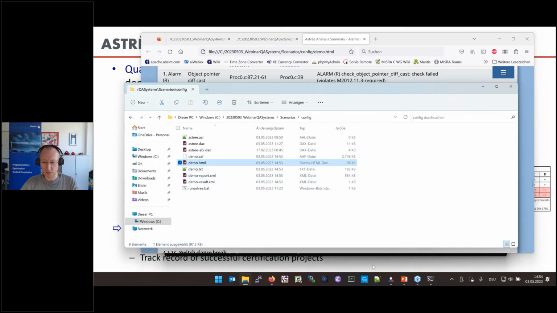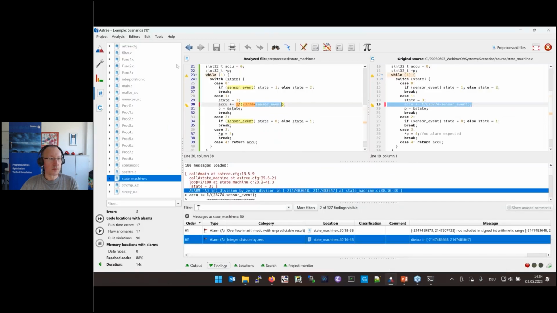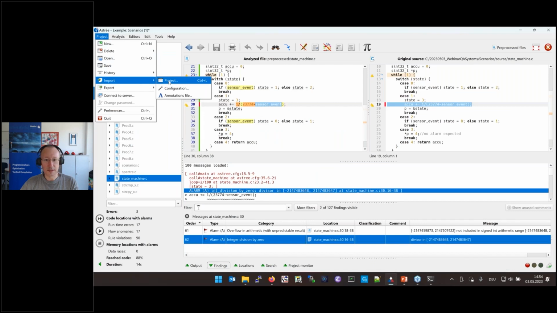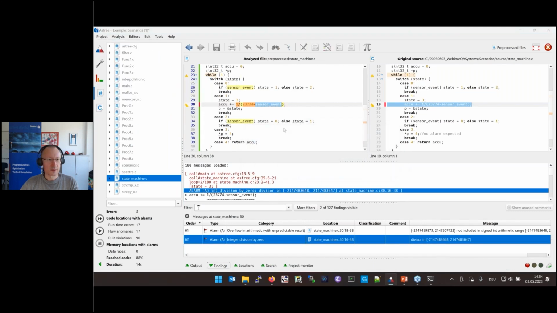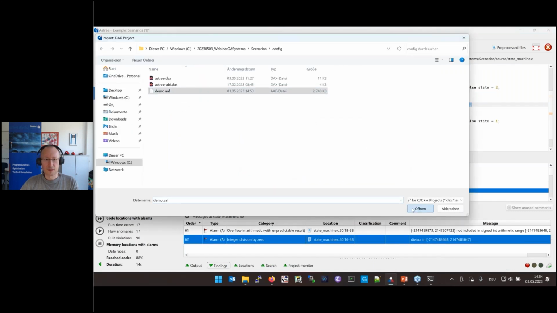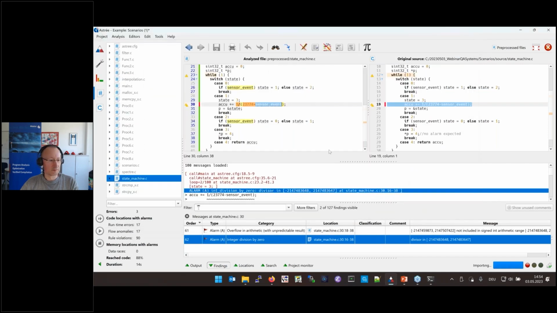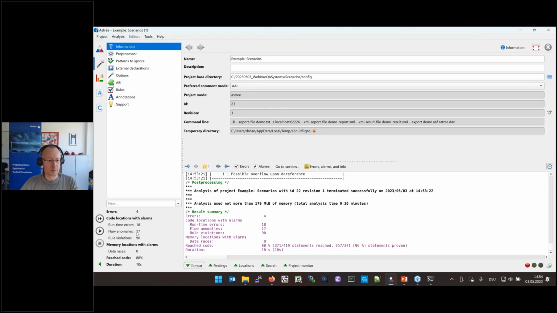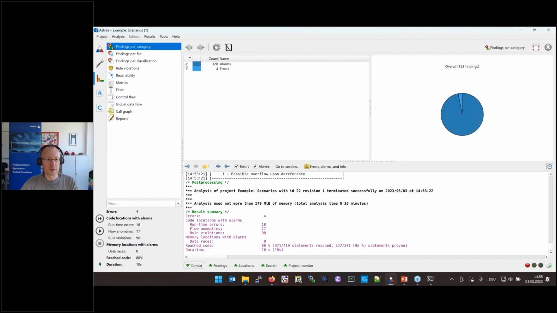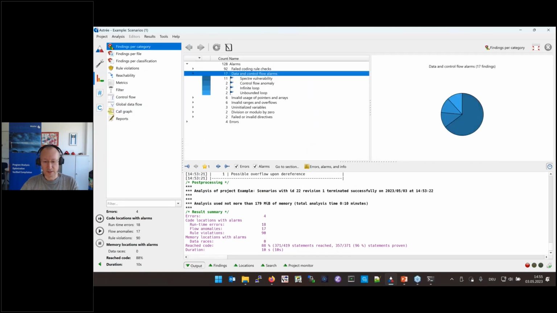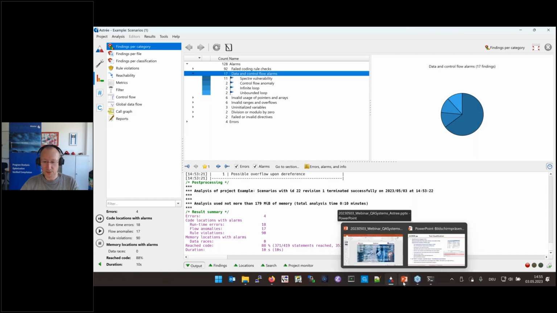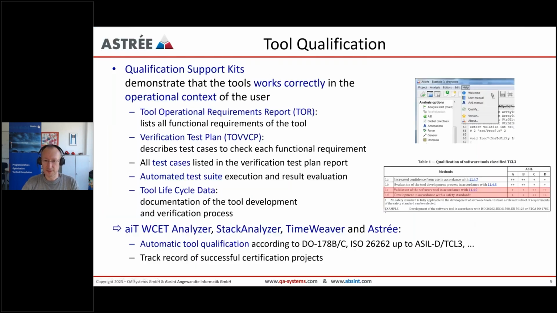And I can also basically go in the tool and just import this archive I have just created. And then you can see, okay, now it pretty much looks as before, where I just ran the analysis by hand. So basically everything is there. That means it's very easy to automatically run the tool from the command line. All the functionality is available.